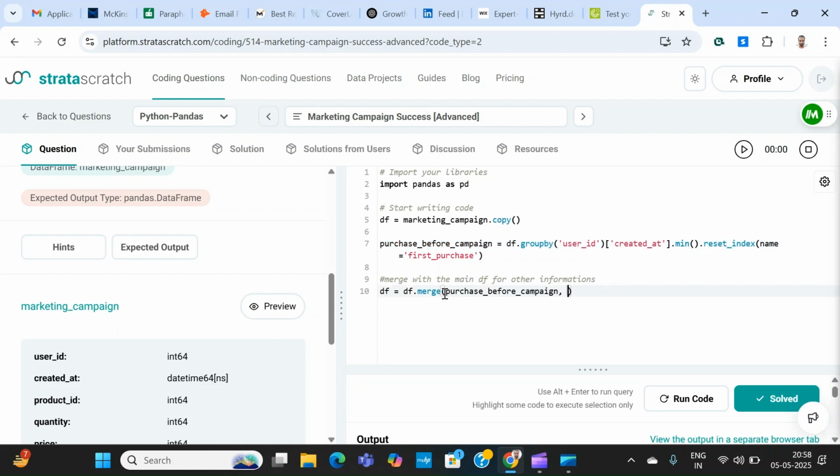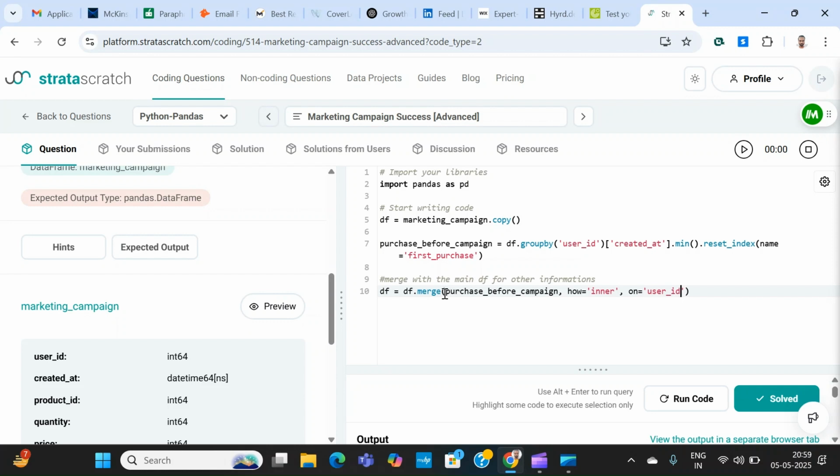Now how we want to merge it, just like how we want to join two tables. We want the common information of user, only users who are available in both data frames. So we will use inner. How it will be inner, and on which column can we join it? If we have the same information but the column name is different, then we will use left_on, right_on. And if we have the same column name in both data frames, then we will use just on